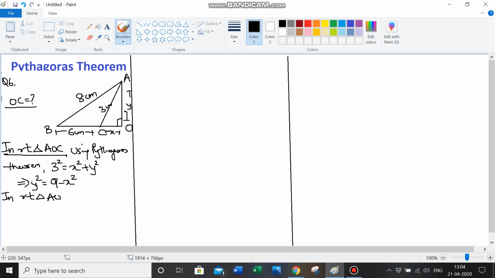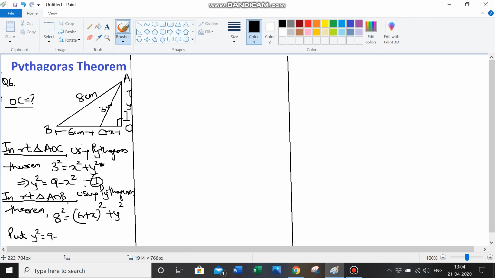In right triangle AOB, using Pythagoras theorem, let's see what do I get. So in this triangle, I get 8 square is equal to 6 plus x whole square, which is OB square, plus AO square, which is y square. Now let's call this equation number 1, where y square is equal to 9 minus x square. So put y square is equal to 9 minus x square in my second equation, and I get